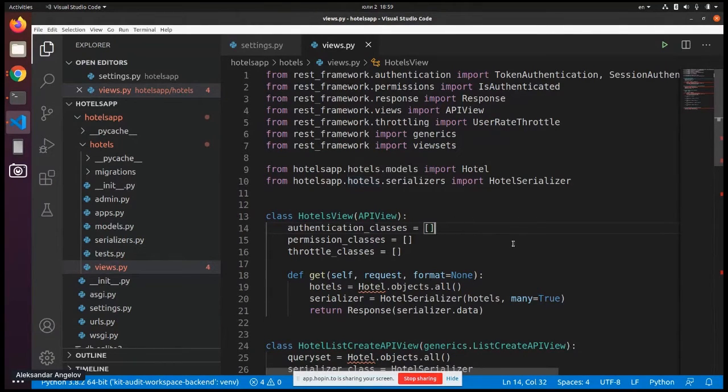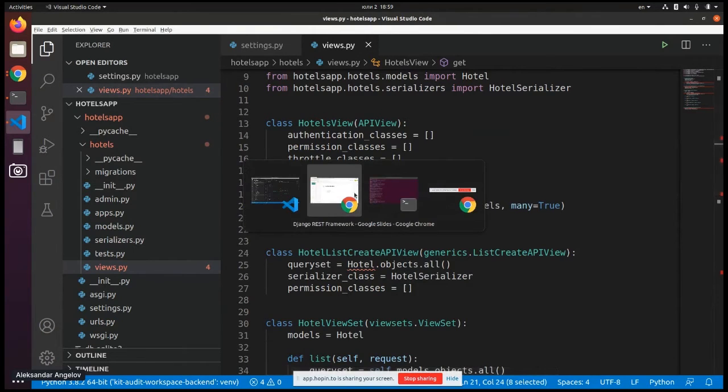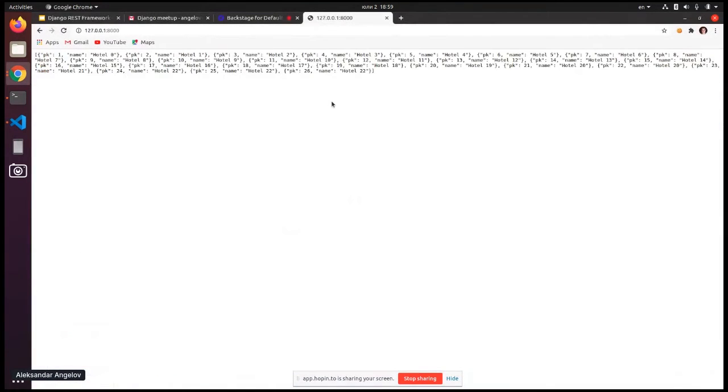So these are the permission classes. Right here we have a hotels view. This is the base; we are extending an API view. API view is like the base view in Django. After that, as we did in our last example, we override the get method. We are getting all the hotels, using a serializer, and returning the response with the serializer data. So if we go there,